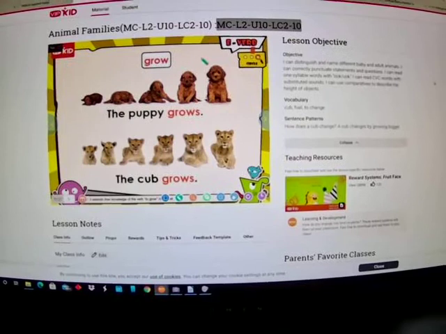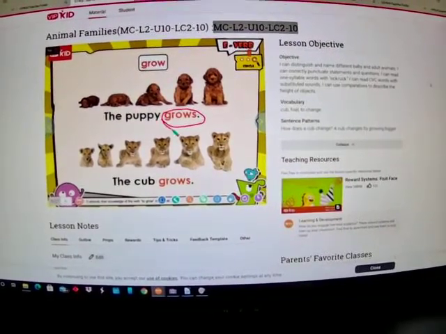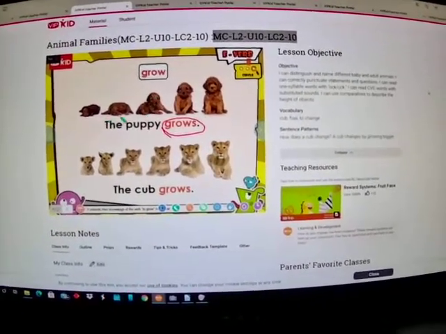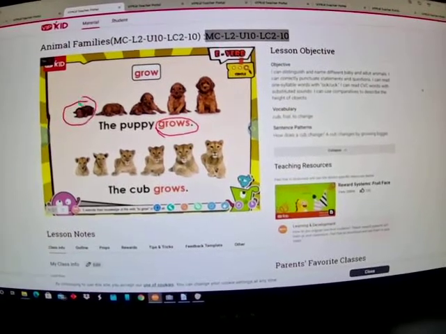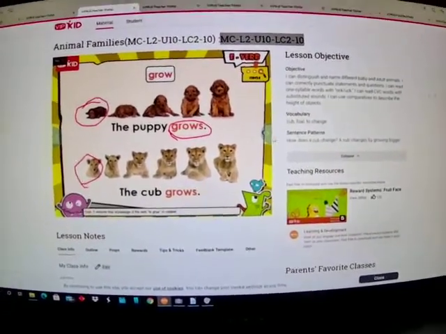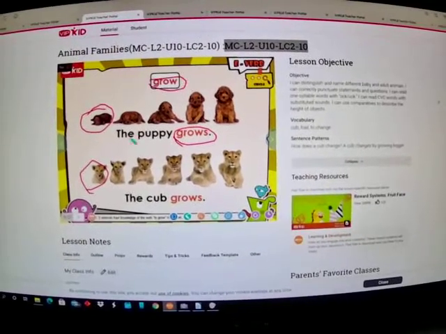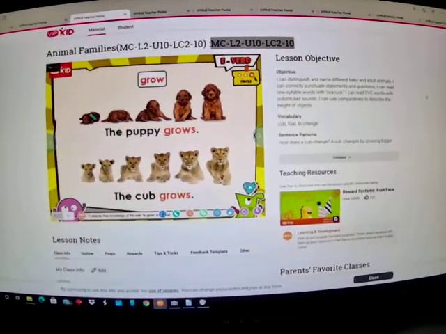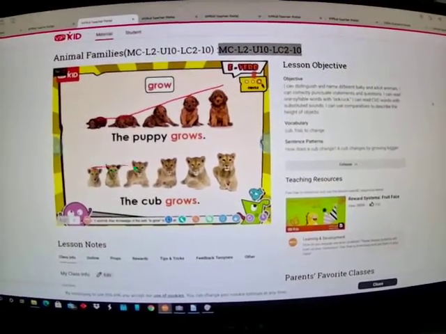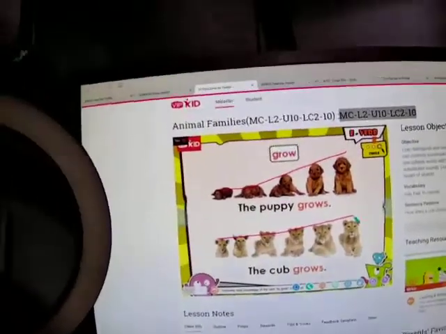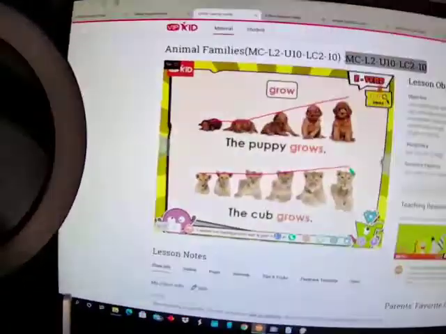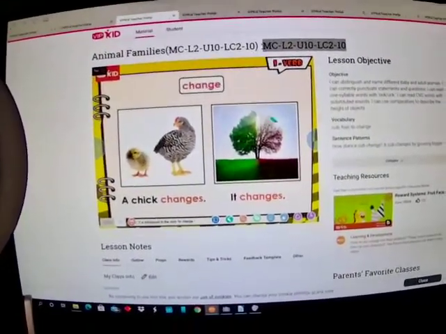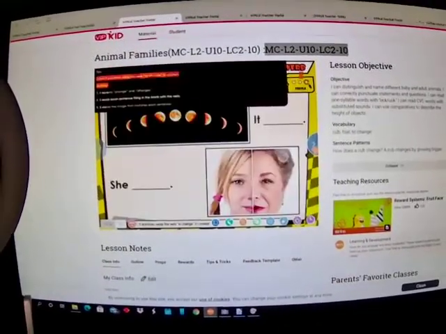Grow, same thing in the vocabulary, and you let them know that these are verbs. So you explain what a verb is if you need to. And then you can say something like circle the baby, and they can circle the baby. That is for extension. Otherwise, just say grow, the puppy grows, the cub grows, and you can draw a line to show what grow means, like up, going up. You can give examples of flowers. I like to show like a flower grows. Obviously it'll do better when I'm in class.